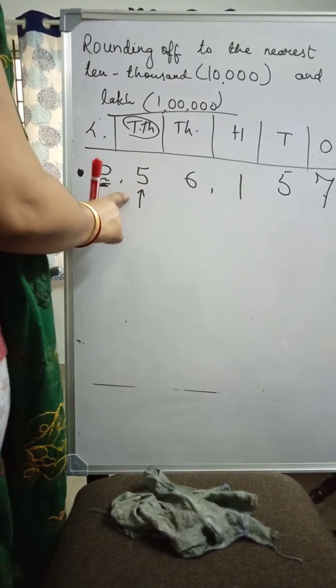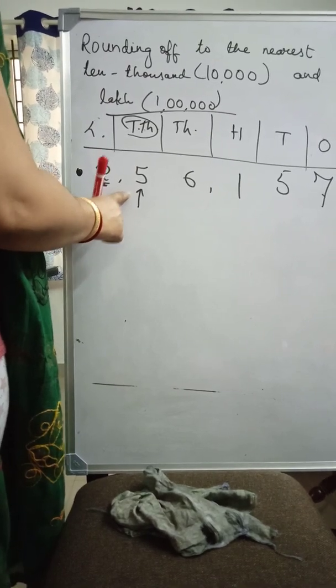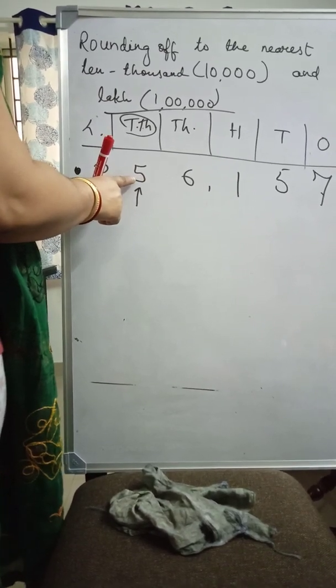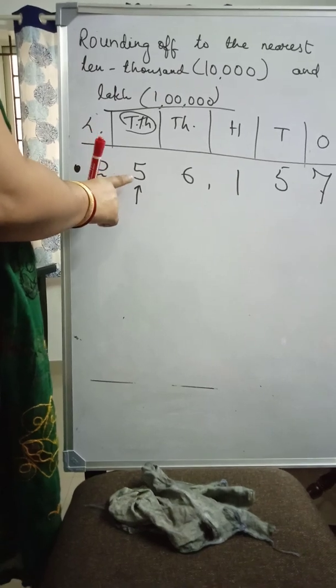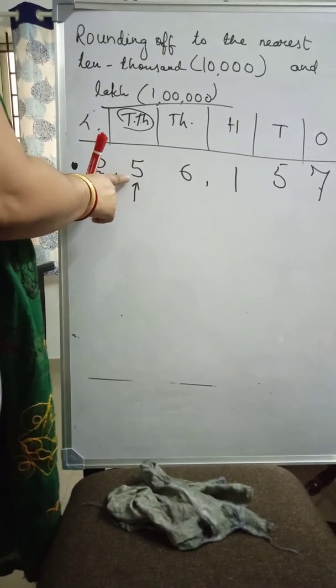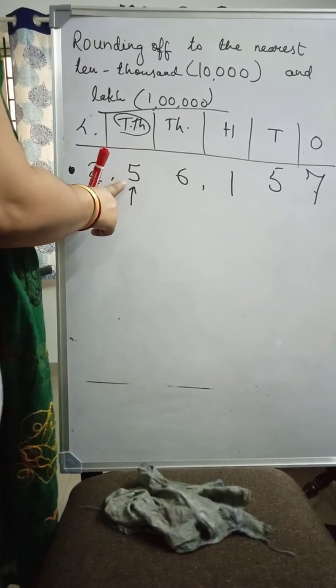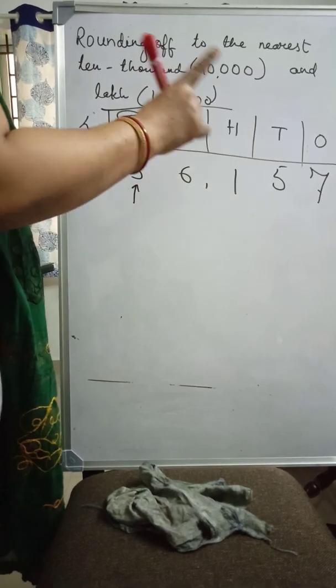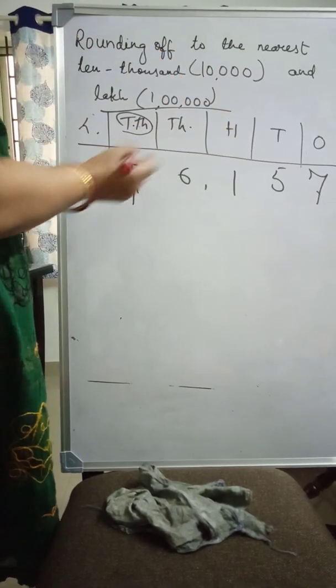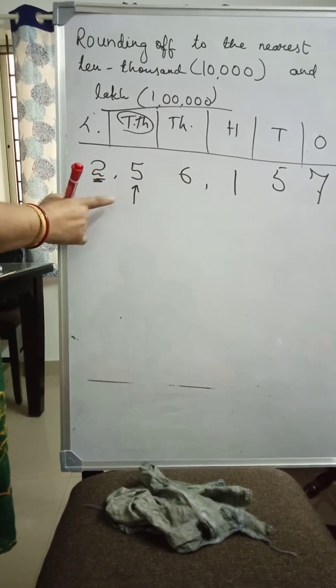The rounding off will be a bigger number than the given number. Why? Because 5 is at the 10,000 place. So we have to round off to the nearest multiple of 1 lakh, which should be greater than